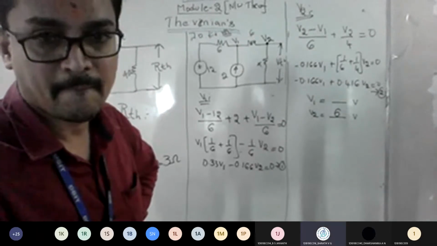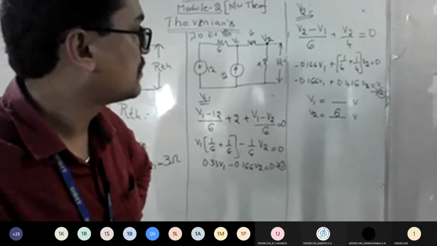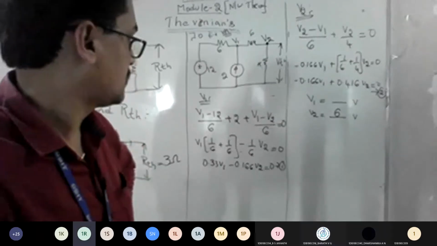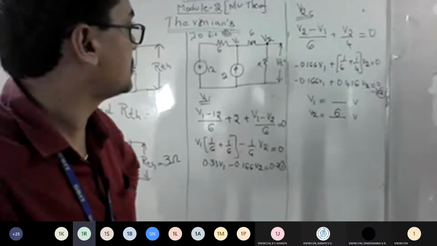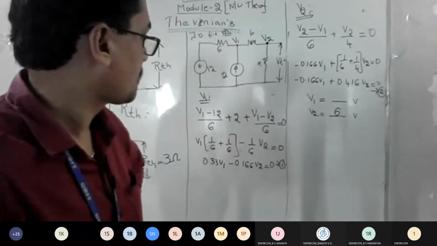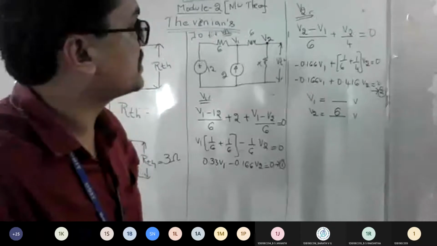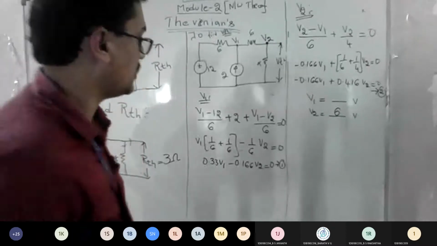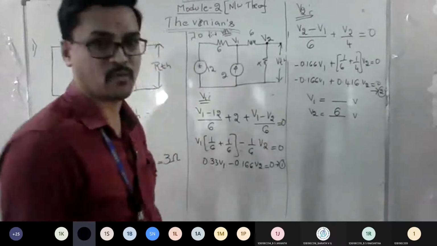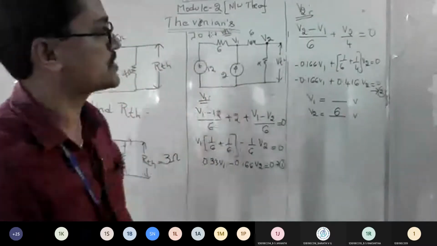Sir, it is coming as 0, sir. Which one? Both V1 and V2 are coming as 0, sir. You're getting zero answer? How come? Okay, substitute one in terms of other and check out. You get only V1 in terms of V2 from equation number 1. Substitute there and check out what is the answer.